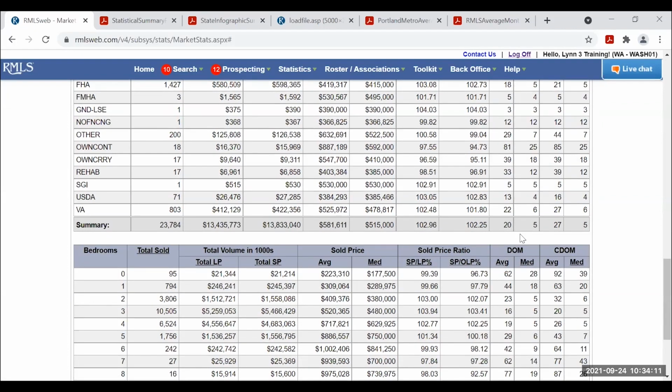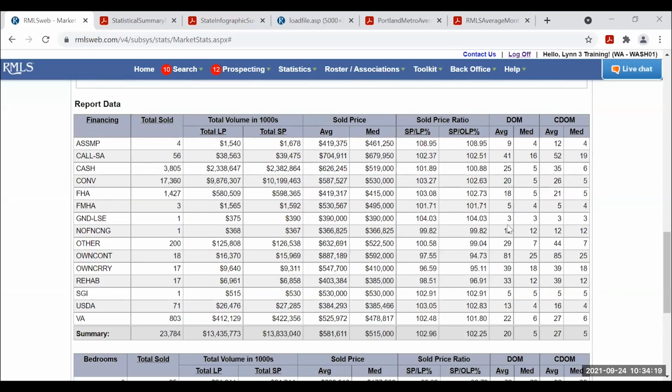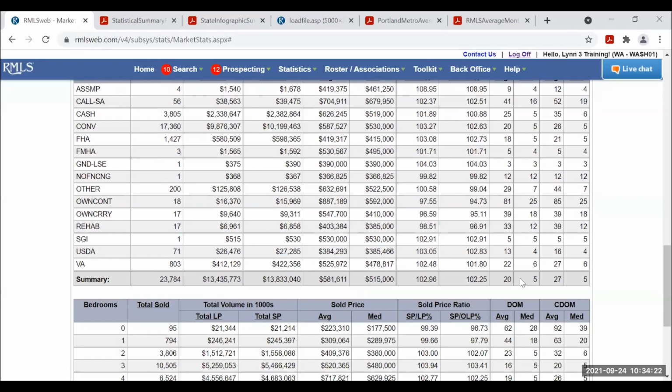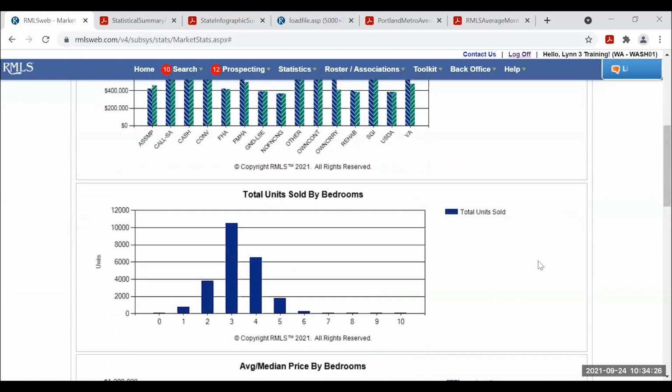I'm going to write that down. So 20 days on market is the average, and median is 5. So that's for the marketplace for everybody.